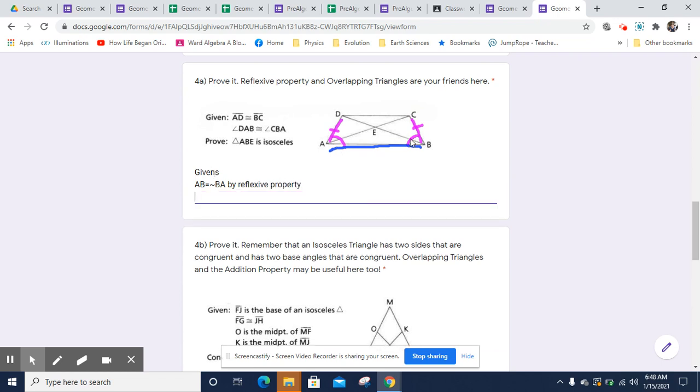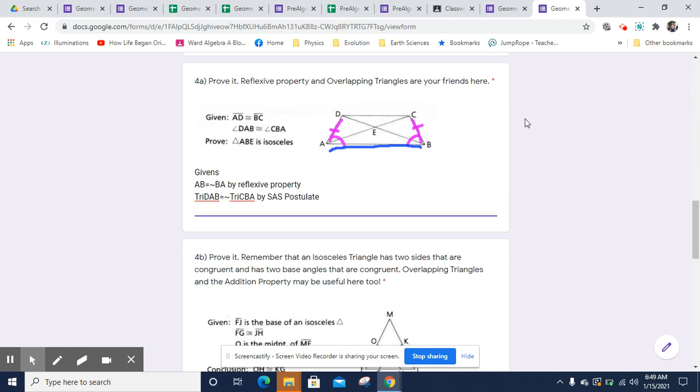Okay, and once we've done that, we have enough information to say that triangle DAB is congruent to triangle CBA by side angle side postulate. And once we've proven that, we can declare that angle EBA,